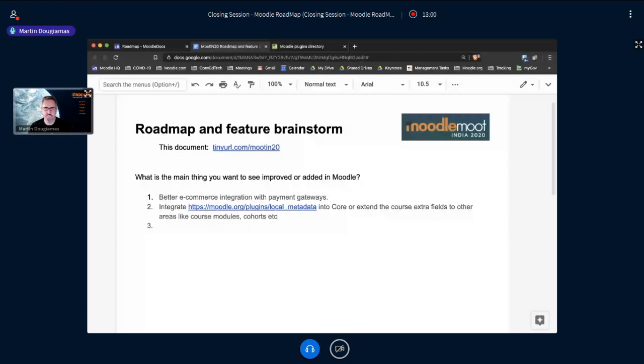For anyone who doesn't, this is referring to the ability to have almost like tags, but metadata for different things in Moodle, and that would enable developers to build plugins to do searching, sorting, or automate processes, that kind of stuff. So, yep.